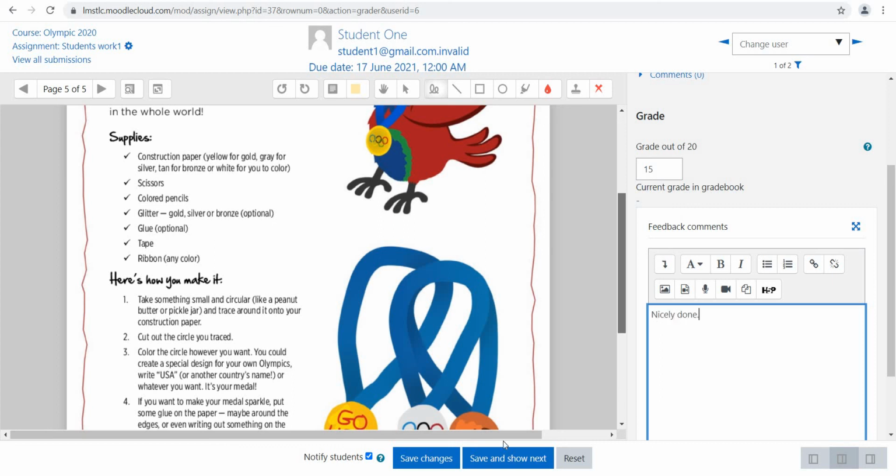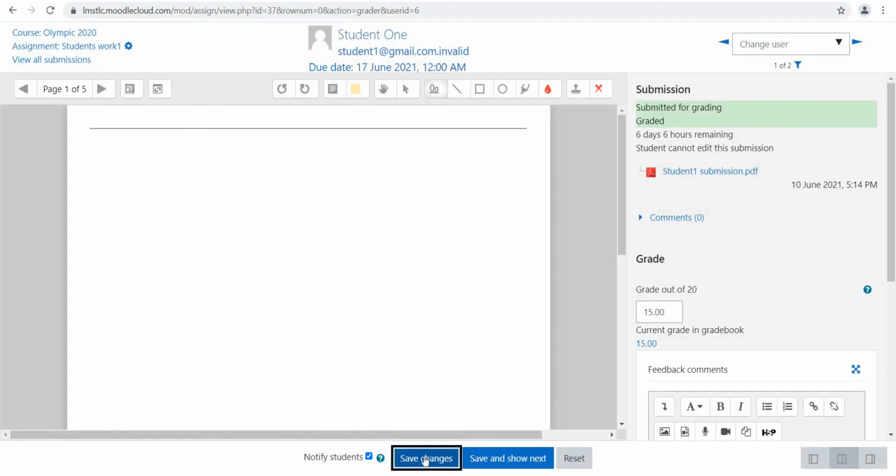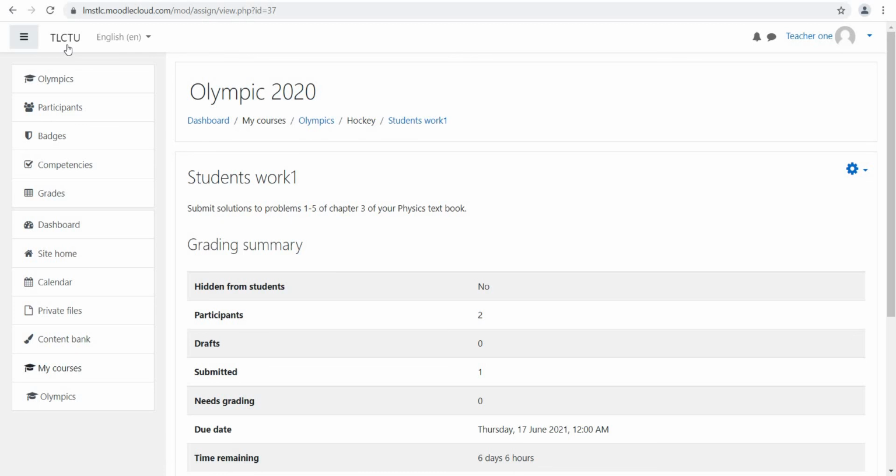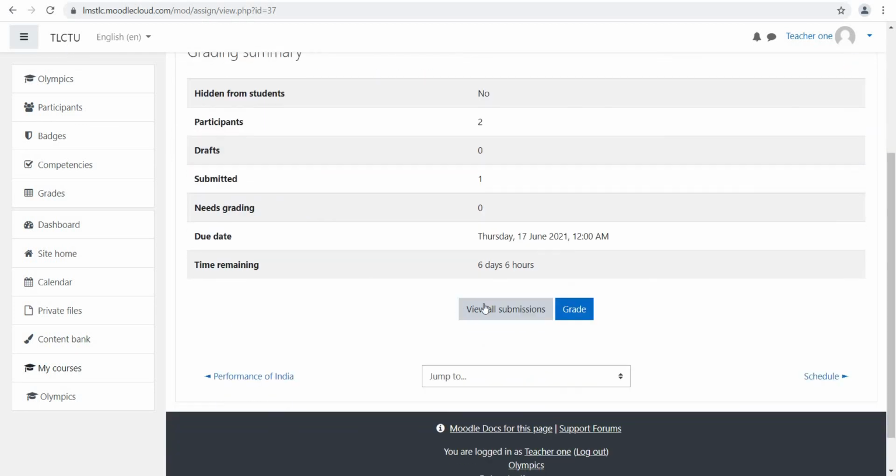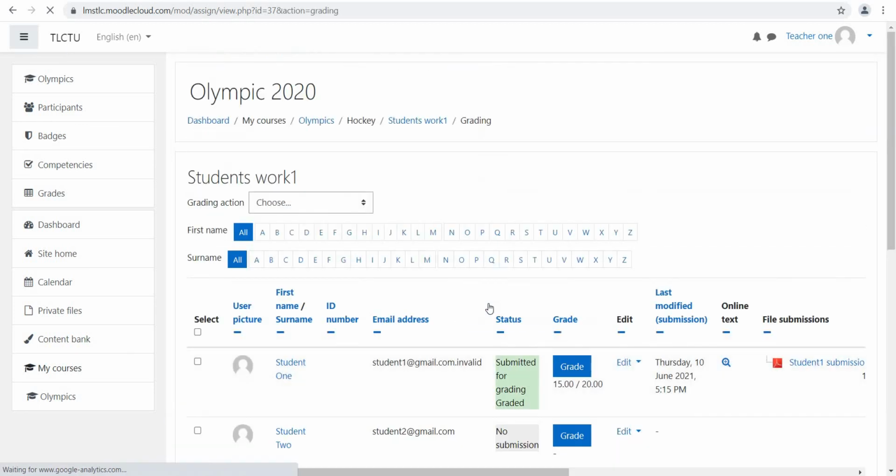And then if I click save changes, then this assignment has been graded. We go back to the assignment again, and if I now view all submissions, then we'll see that this grade 15 out of 20 is being reflected here.